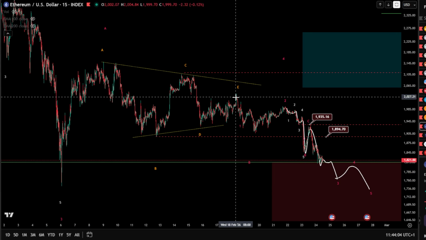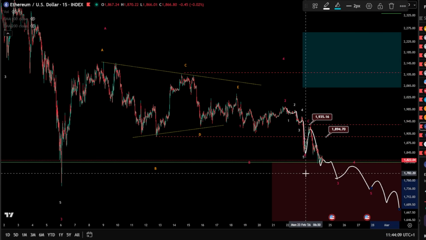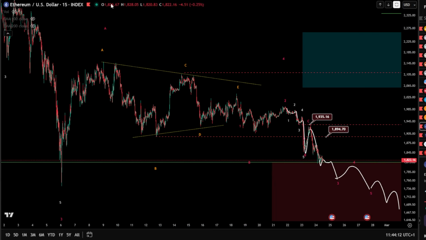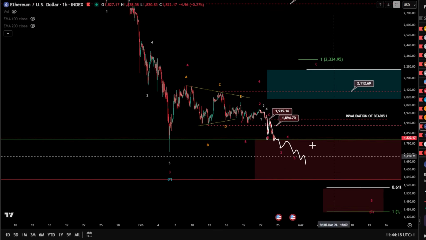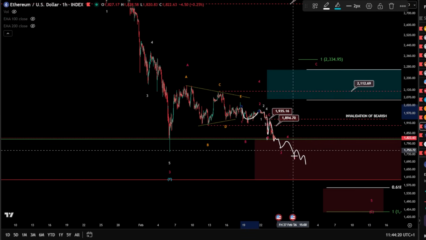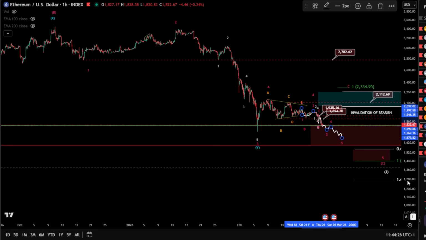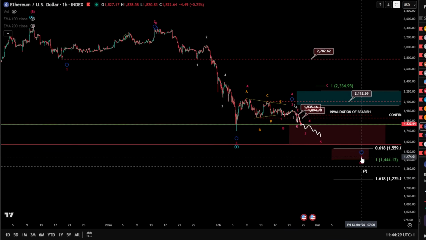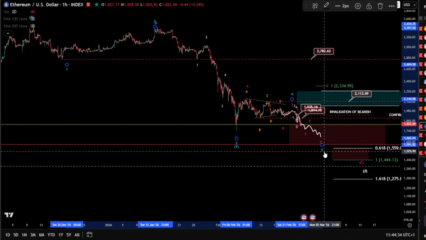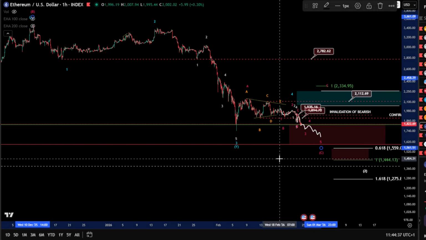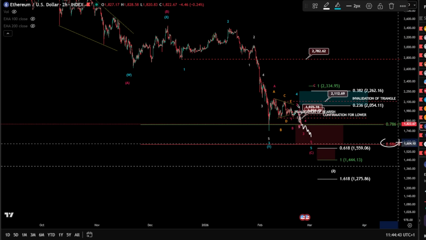Because therefore we need those double 1, 2 internally to continue a little bit lower here. So we are able to take the low, because with this shallow double 1, 2 here, I doubt that we might take the low. We need, of course, this large structure here to finish a 4 and a 5 there, and by taking the low. Now, an interesting thing is that if the wave 5 finishes up here exactly at this level, and before taking the 886, that would be great, because it would be, of course, a signal of strength still, pushing for lower without taking the 886 at the